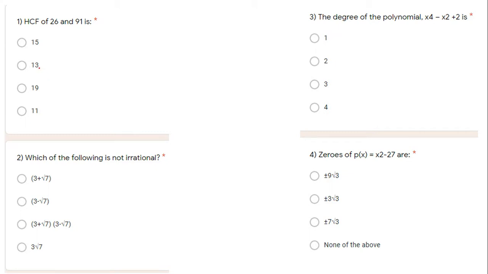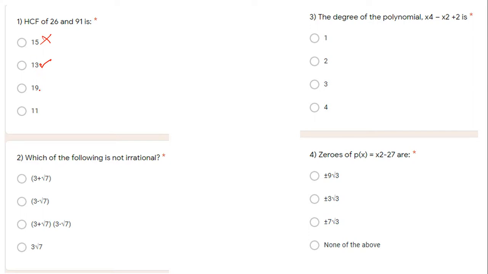Yes. Actually, the shortcut method: if I teach you, what you have to do here is speak the tables. Option A, option B, speak all the tables, and whichever option's table contains the given number, that is your answer. For example, 15: 15 twos are 30, so 26 will not come in the table of 15, so this is not the answer.